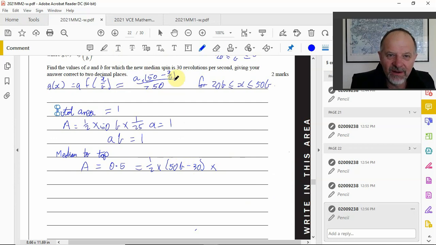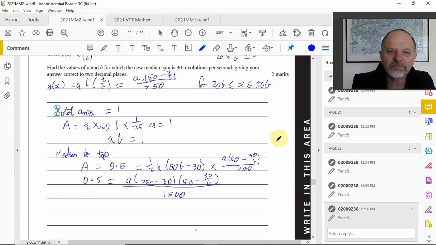Remember this is now our function, so that's 50 minus 30 on b, on 750. That comes out to be a times 50b minus 30 times 50 minus 30 on b, all over 2 times 750, which is 1,500. So we've now got